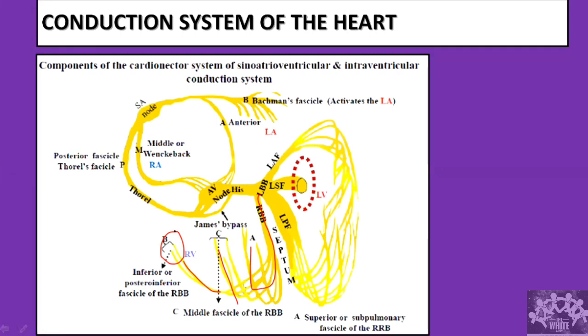Always remember, conduction through the His-Purkinje system is very rapid because the Purkinje system is a very fast conducting system. So if any impulse arises from the His bundle, conduction will be very rapid and very quick. That is why the QRS complex that will be generated will have a very short interval, which is less than 3 small squares. We will come to how each of it is generated. For now, this is what you remember. So this is about the conduction system of the heart.